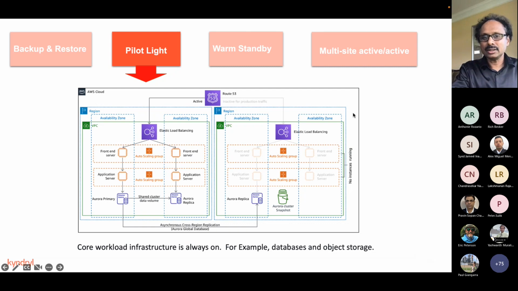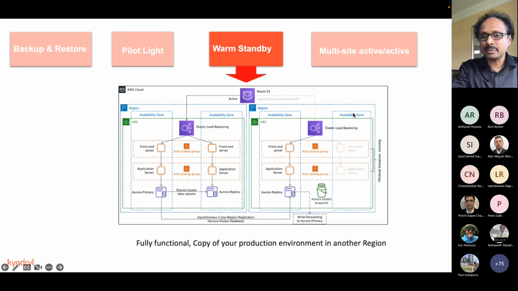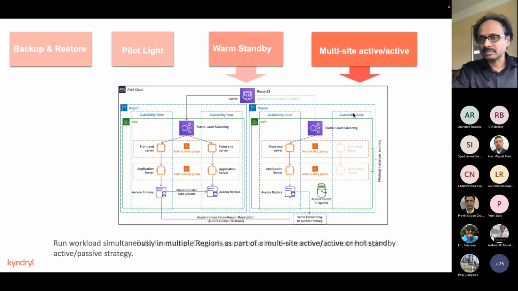Another strategy people utilize is warm standby. That means we replicate the same production which is available on-prem in AWS, up and running, so that in case of a disaster recovery, they just need to change the DNS entry, either Route 53 or Infoblox or whatever DNS they are utilizing, in order to switch the traffic from on-prem to AWS.